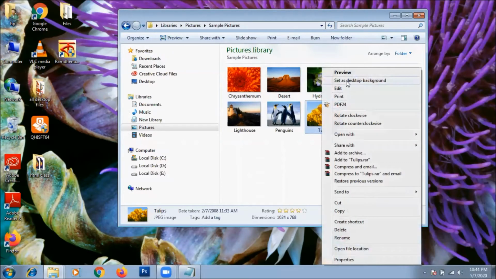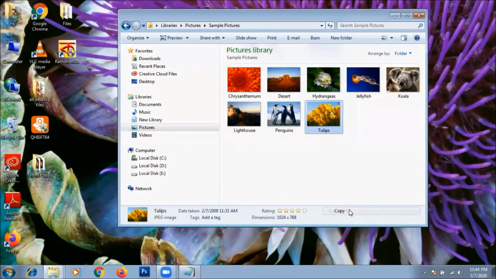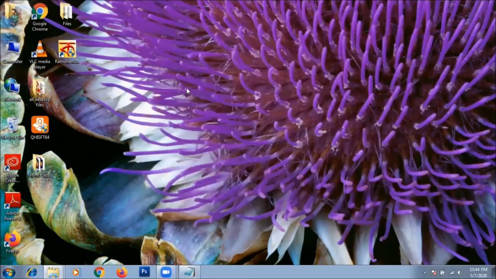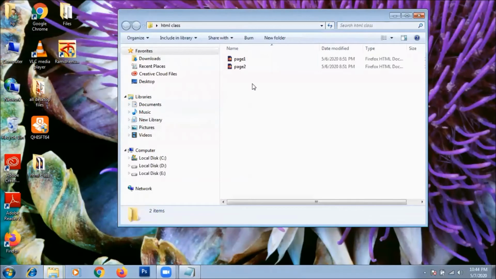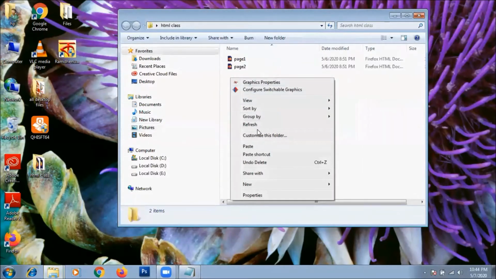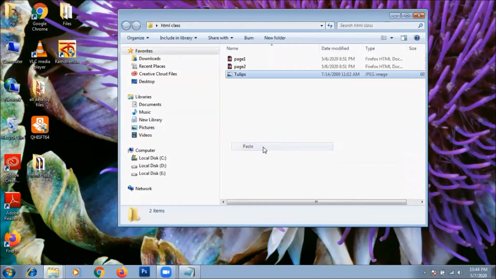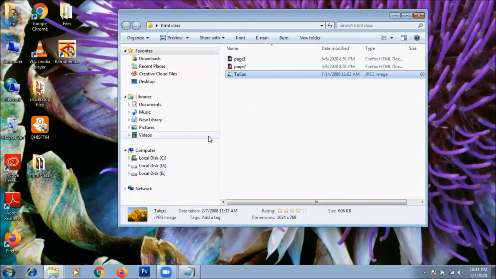For inserting this one, you'll have to bring the image to the same location, that means the HTML folder that I have used for saving all the web pages and other files. So I have kept the image in the same location.